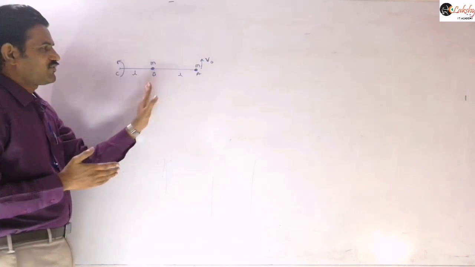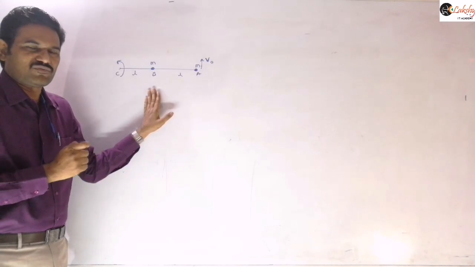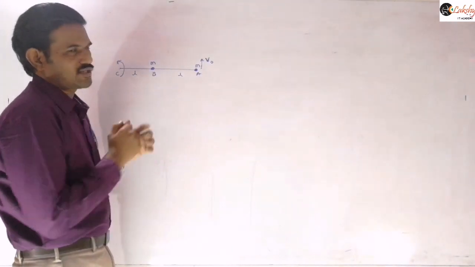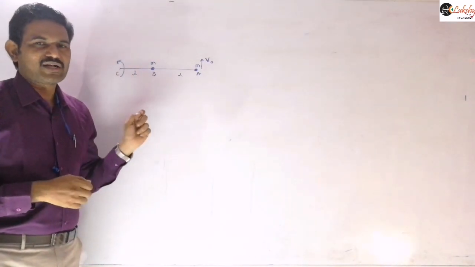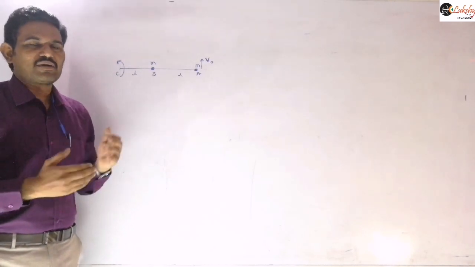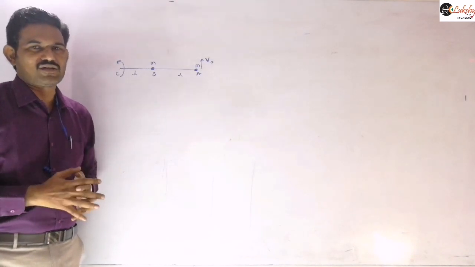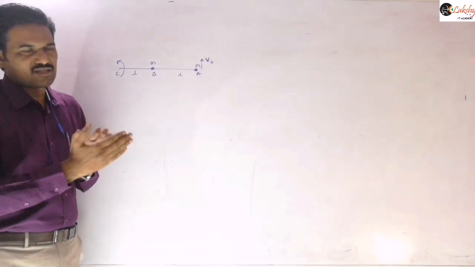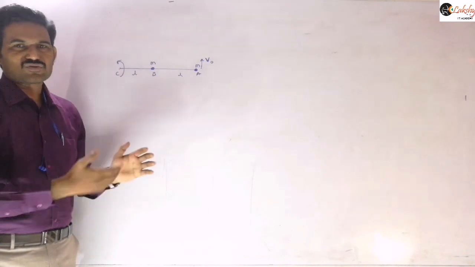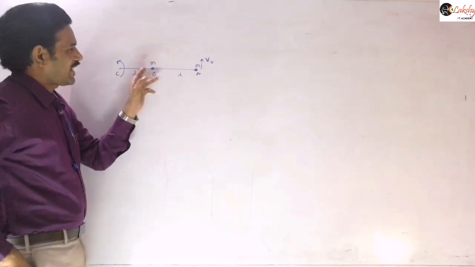and the speed of this particle will differ. The angular displacement is the same for both of them, and so the angular velocity is the same for both. Whenever such particles are connected like this, remember that all the particles will possess the same angular velocity. Angular velocity will be the same, but speed will be different for different particles, because we know the relation among them is v equals r omega. Here r is changing. The distance of this particle is different from the axis of rotation, and so the v value will differ, but omega will remain the same,